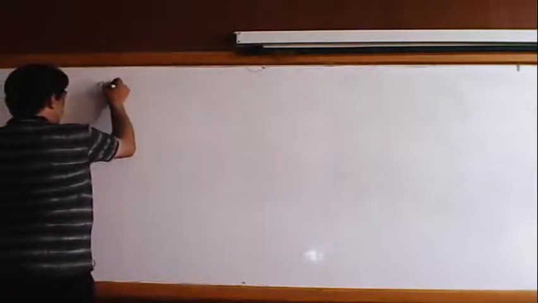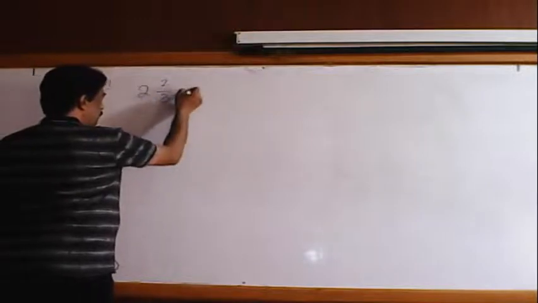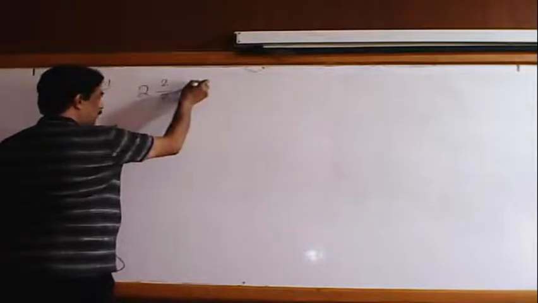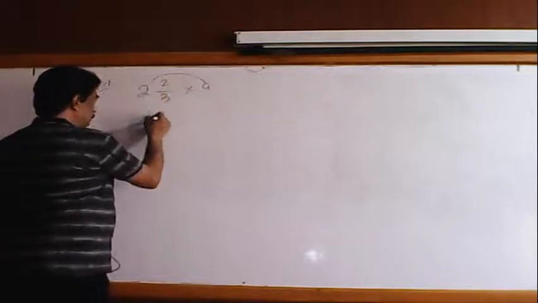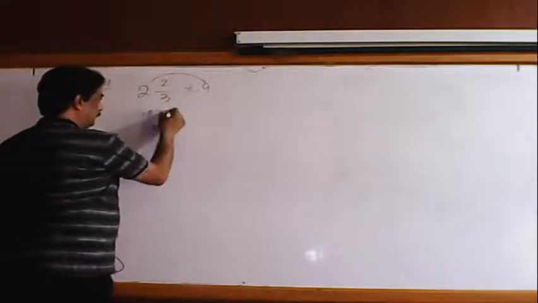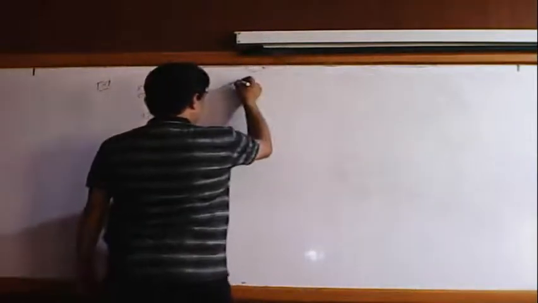Now we observed our previous type, type 1, 2 and 2 by 3 multiplied by 9. What was the rule? 9 2s are 18 plus 3 3s are 9, the 3 2s are 6. So 24 was the result. Now we observe the next question where the numerator part is not divisible by the denominator part. Say type 2.